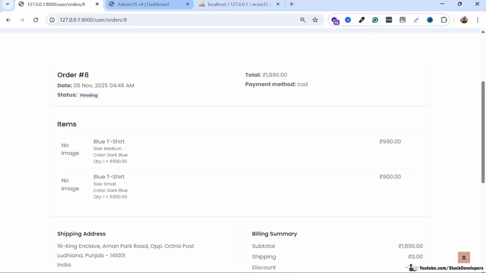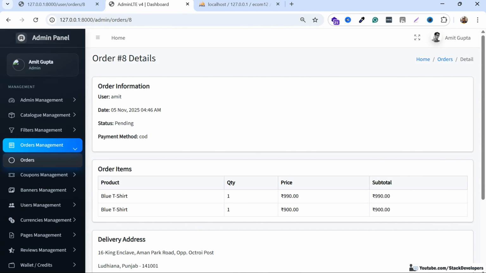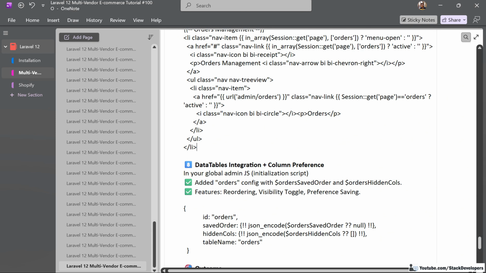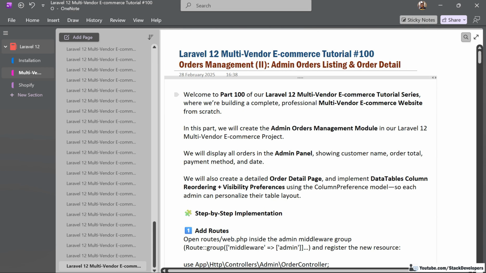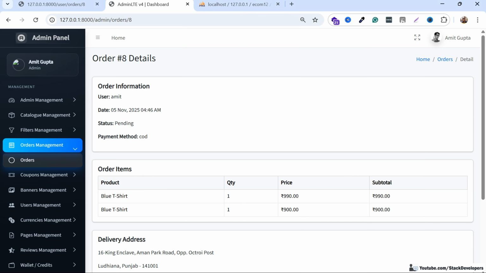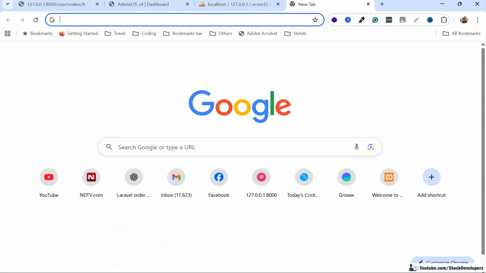So I hope that you can follow this one and you can create these orders. So we can now place the order with COD and can see the order details both at the front as well as the admin panel. So this is the complete part 100, and we are able to finish with the COD, but other payment methods we are going to do in the upcoming videos, and also we are going to convert this to the multi-vendor e-commerce series as well. So still a long way to go,